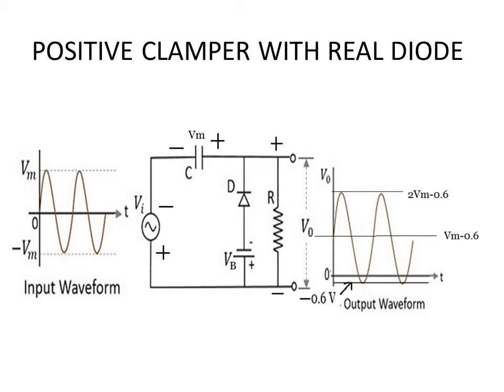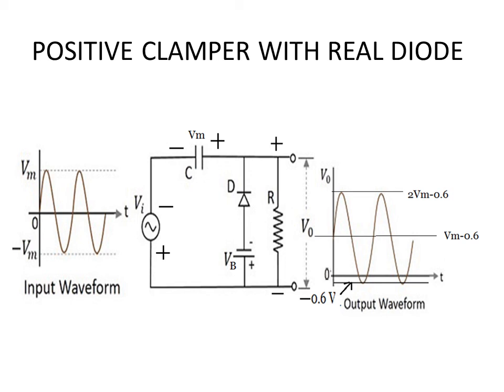It is actually the battery is in such a way that the bottom part is negative, to which we have connected the bottom part of the VB battery, which is positive, to which we have connected the negative of our CRO. So that means the CRO is going to measure the potential barrier 0.6 voltage with the negative sign. So that means when your input is minus Vm, your output will be minus 0.6 volt, and that is shown here in the output waveform. You have got a line parallel to x-axis at minus 0.6 voltage. That will be the value that you will be able to measure at the CRO when your input is minus Vm.